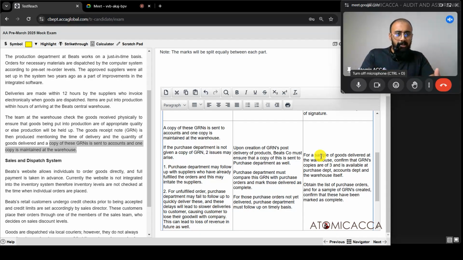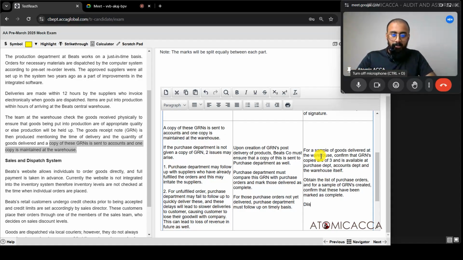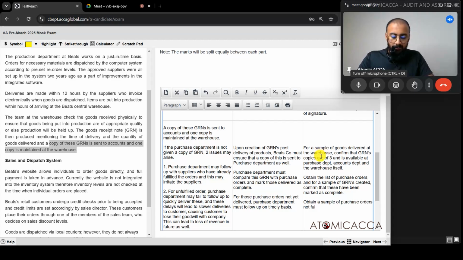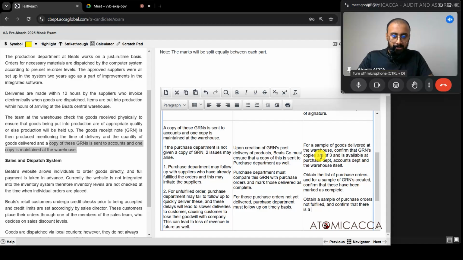So if GRN is created, it means goods have reached, and that means it should be marked as complete over there. So I'm comparing that and confirming it. How about the other one? Obtain a sample of purchase orders not fulfilled and confirm that there is a follow-up